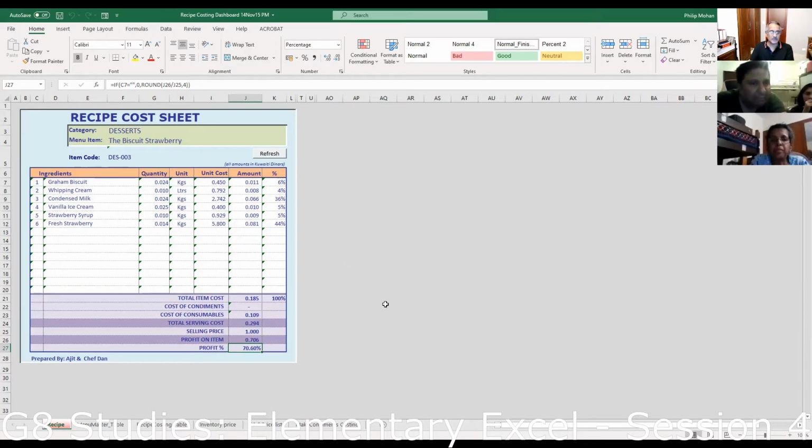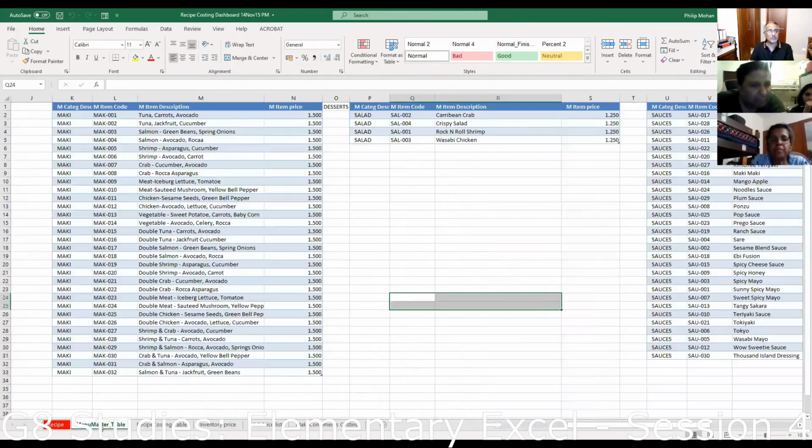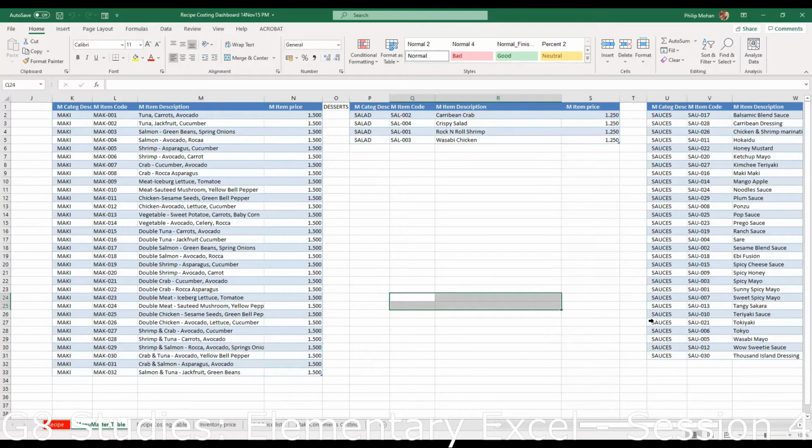Now let's see where we go to the information. Here I've got something called the menu master table. Well, as you can see, there are many. Oh, by the way, I found out how to get rid of the people on the side. Okay, good. Here I've got multiple tables. For marquee, I've got the various